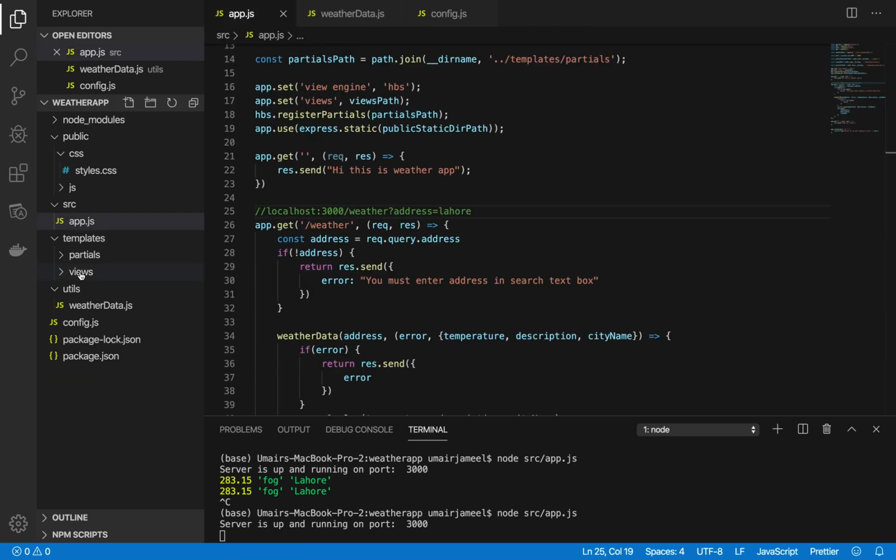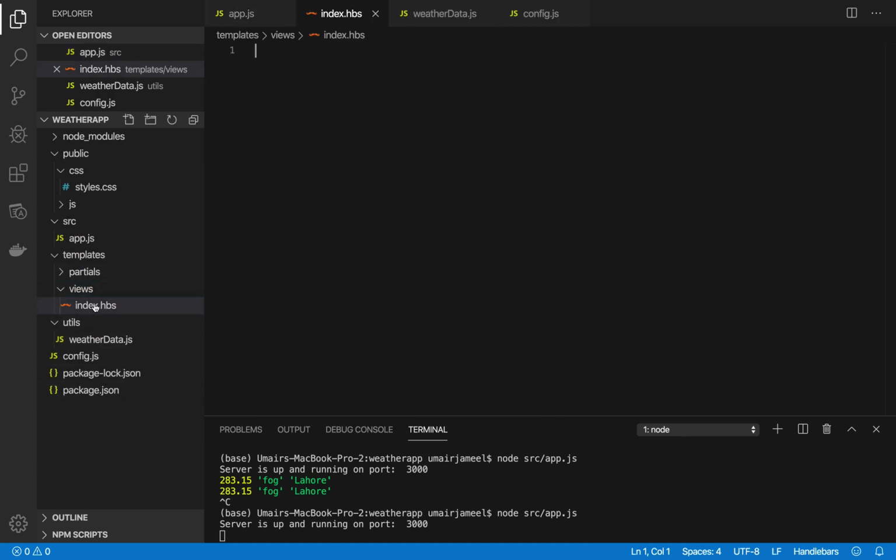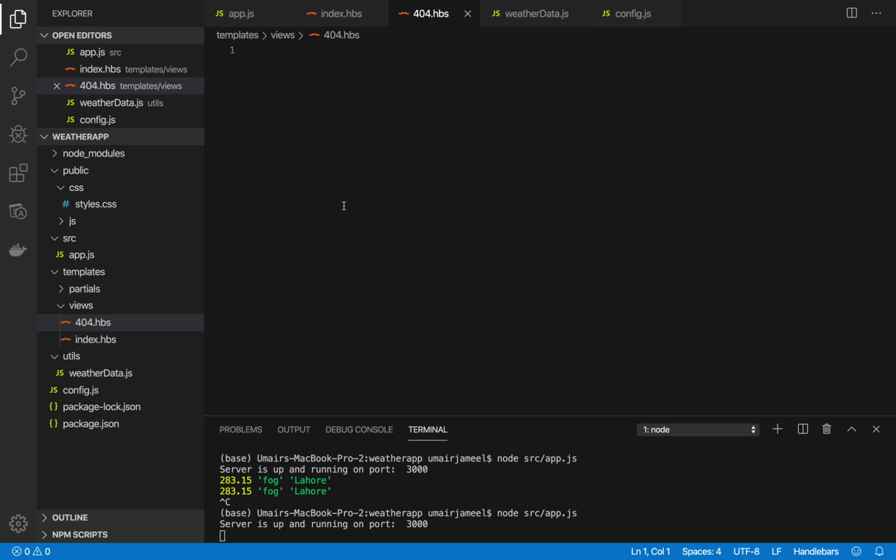So in the views, I'm gonna create two files. So index.hbs, and the first file should be index. Second is the error 404.hbs. hbs means handlebars, because in order to render the data in the form of variables rather than constants, we need to write the extension hbs. Okay,